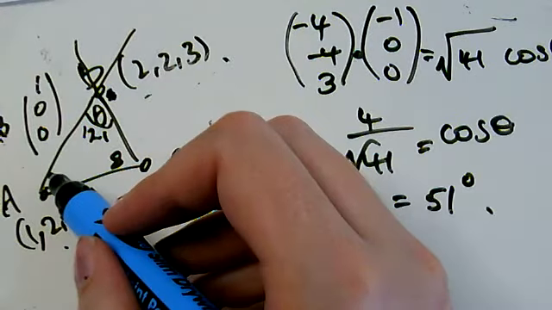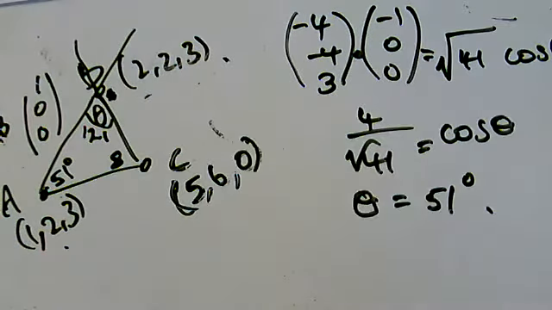Okay, what type of triangle is it then? It's isosceles. Probably wouldn't have guessed that, but